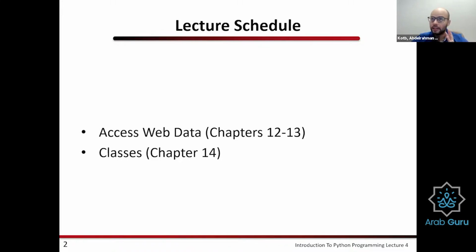I think I've mentioned earlier that Python is an object-oriented language, and classes are one of the things that really show the power of that statement. Okay, so without me talking more, let's start.